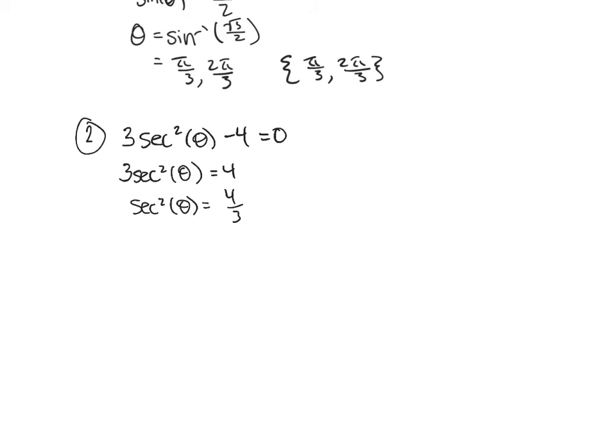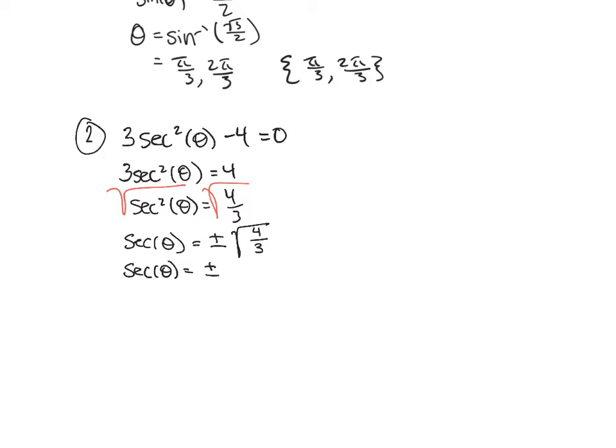Now, to get rid of that squared, I'm going to square root both sides. And again, just as I have been saying, please make sure that you do not forget that plus or minus out in front, or else you're going to lose half of your solutions. Okay, so from here, once I simplify this a bit, I get secant of theta is